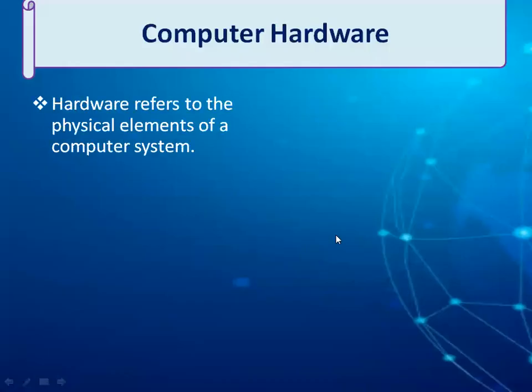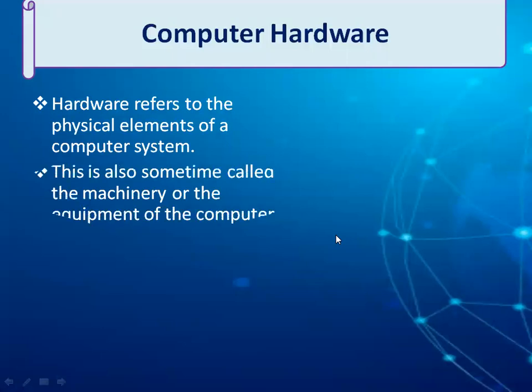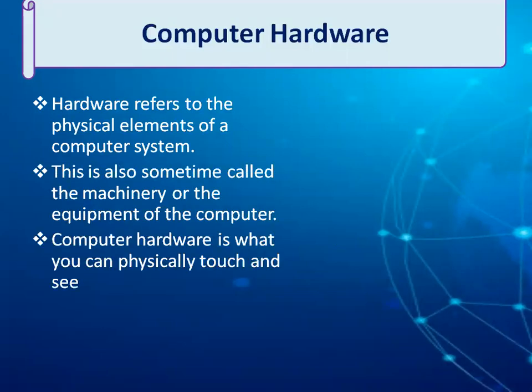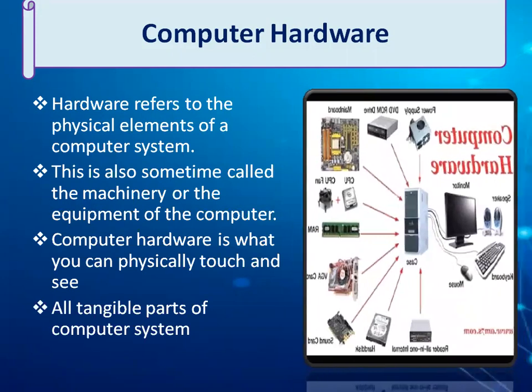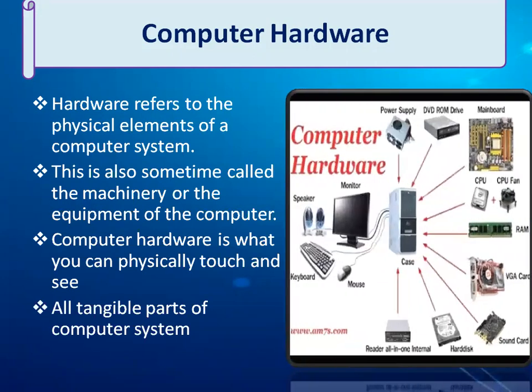Computer hardware. Hardware refers to the physical elements of a computer system. This is sometimes called the machinery or the equipment of the computer. Computer hardware is what you can physically touch and see. So in short, you can say all tangible parts of a computer system which you can touch and move easily